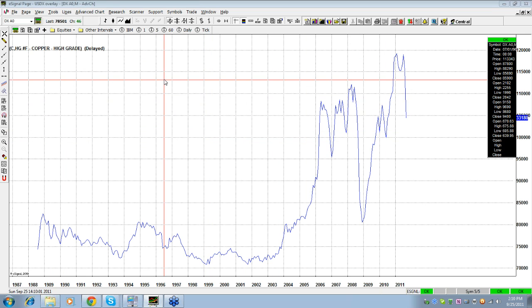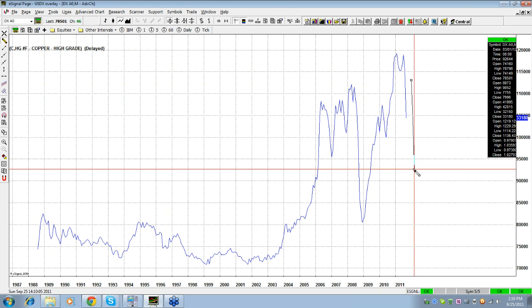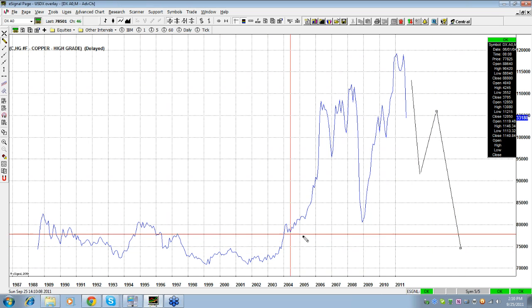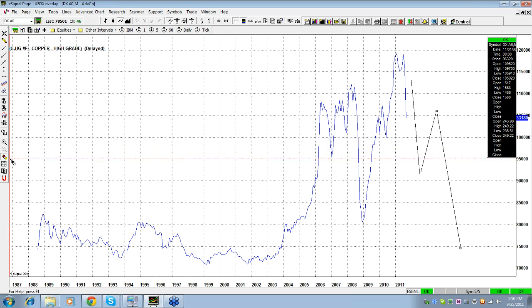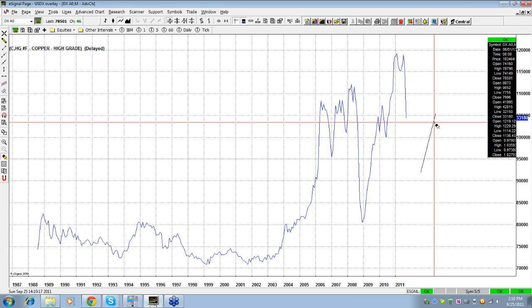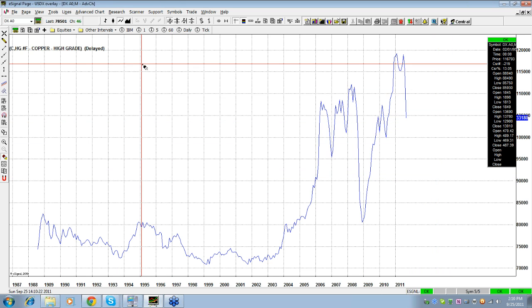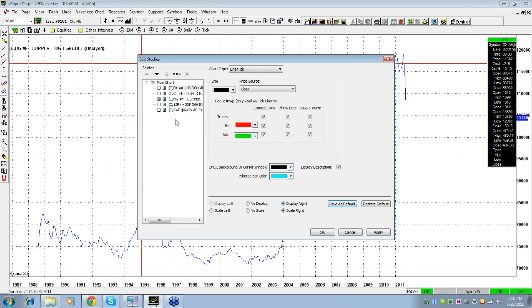Now, if we put on top of the Copper, in Copper right here, we have two scenarios. Either it's going to correct this whole thing, or it's going to correct only this leg. Either way, as a minimum target, is something around here. Now, when you put the S&P chart on top of Copper,